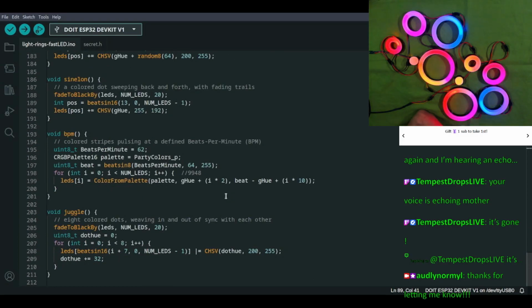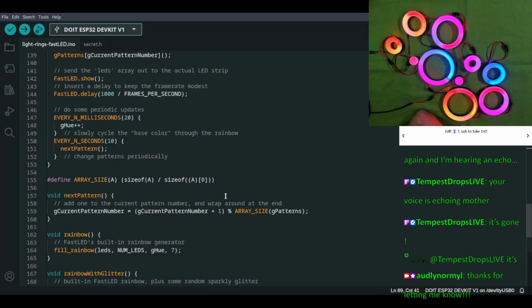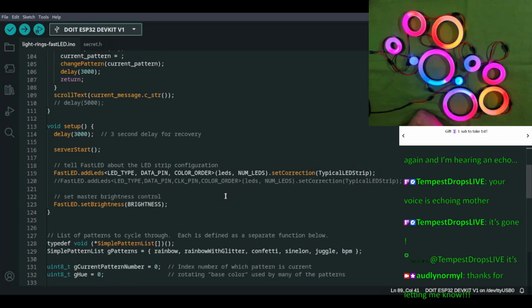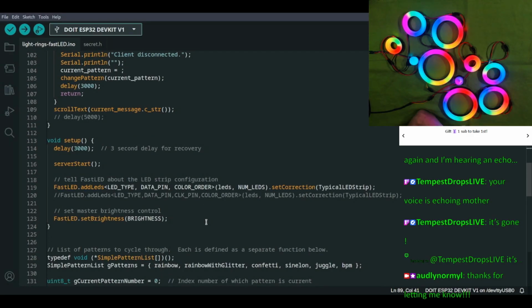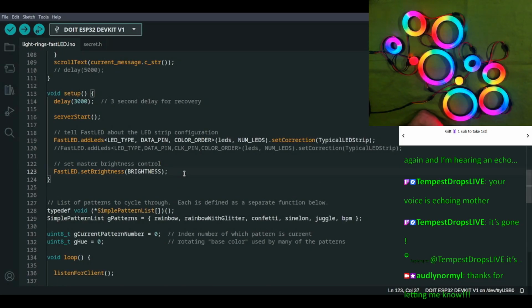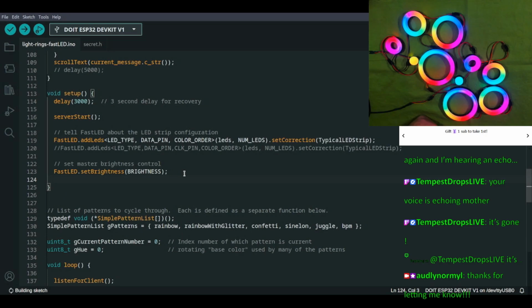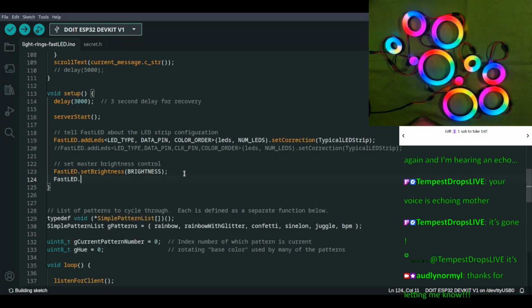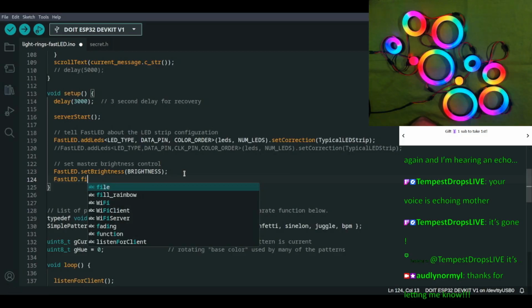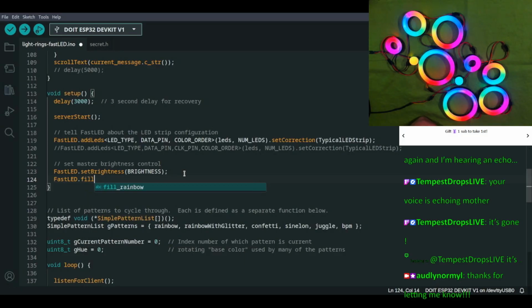So we want to do a start, which is set brightness, and then we want to FastLED dot fill solid. Is that what it was? Fill solid?